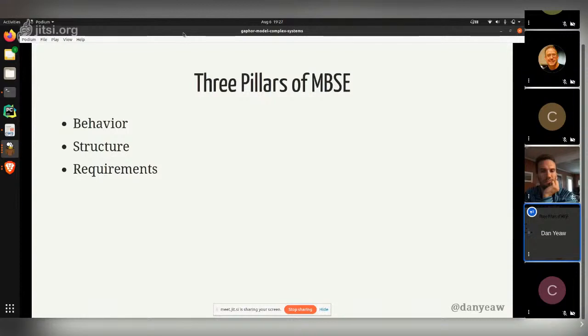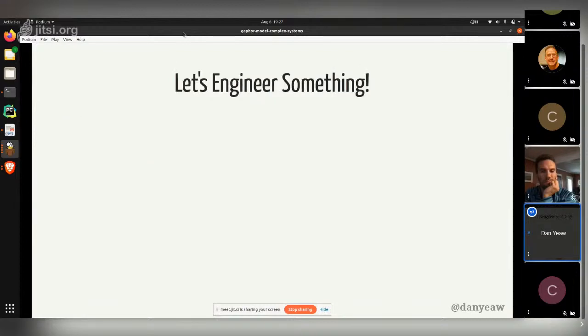So that was some background about model-based systems engineering. Now I'd like to jump into actually modeling something and show how a model-based systems engineering tool would work. In this case, we're going to use Gaphor, which is this open source UML and SysML tool that was